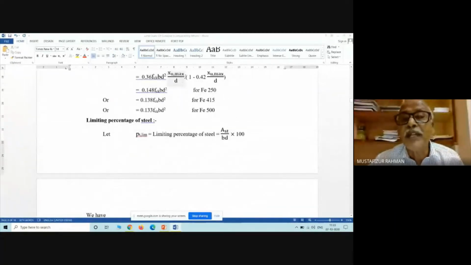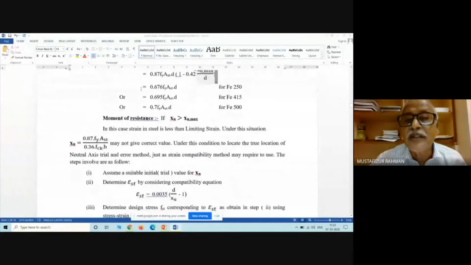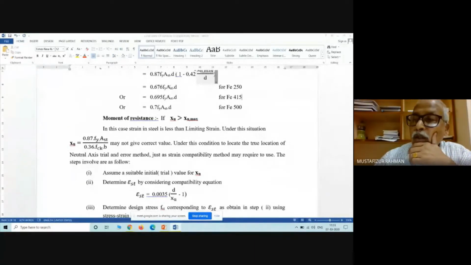This part is similar, whether it is with respect to concrete or with respect to steel. So these expressions are not very difficult to remember. It is very easy. Using this expression, we will be able to find out the critical moment